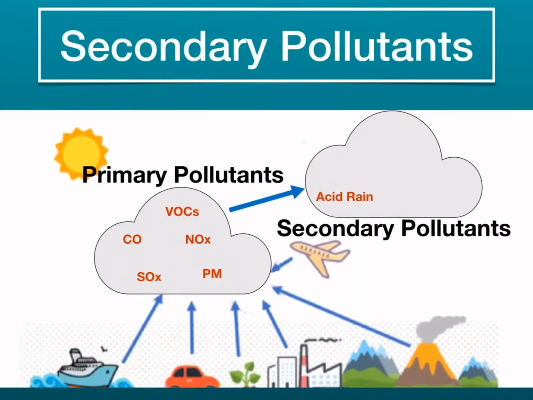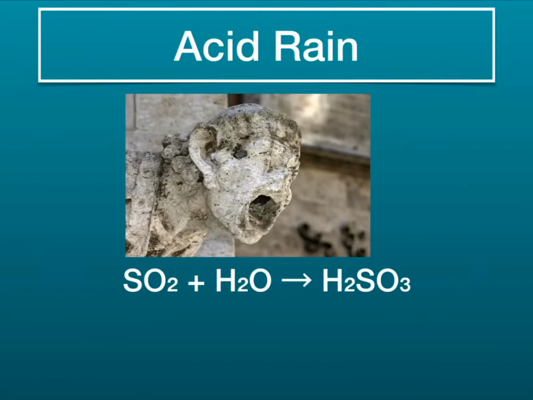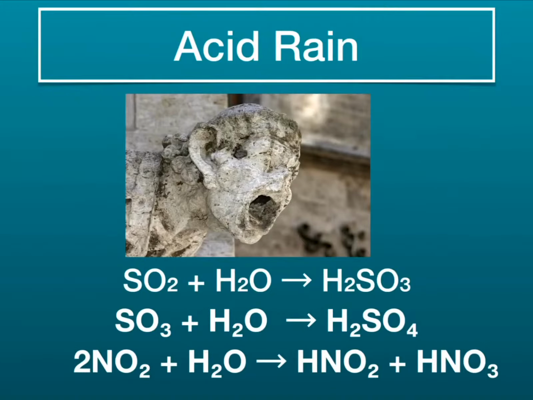Secondary pollutants form when primary pollutants, emitted directly from a combustion process, react in the atmosphere. Examples include acid rain, ground-level ozone, and photochemical smog. Acid rain is formed when oxides of sulfur and nitrogen dioxide react with water in the atmosphere to form various acidic compounds. When the compounds fall to the ground, they can cause damage to plants and can increase the acidity levels of our soils, rivers, and streams, affecting the delicate balance of ecosystems that live in these environments. Acid rain also accelerates the decay of irreplaceable buildings, statues, and sculptures.